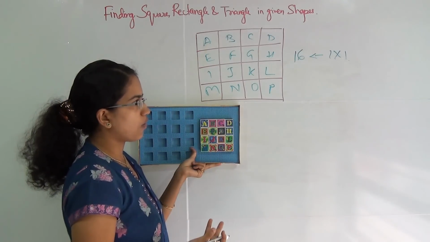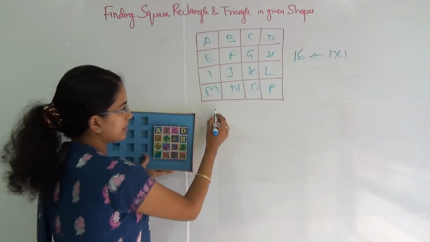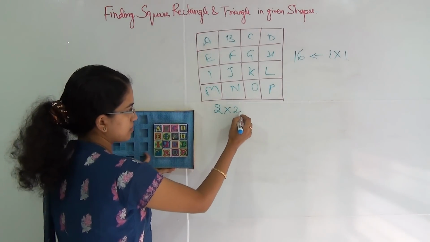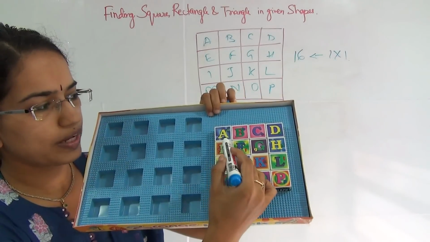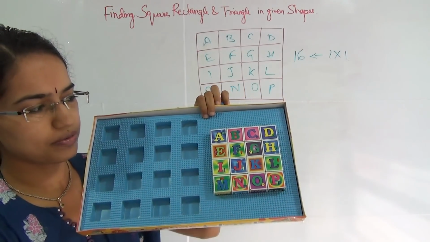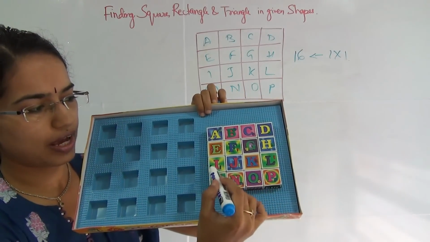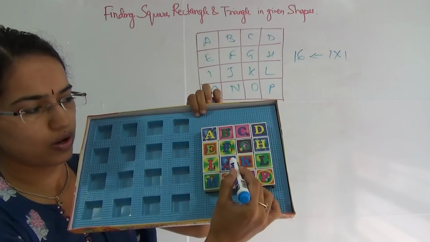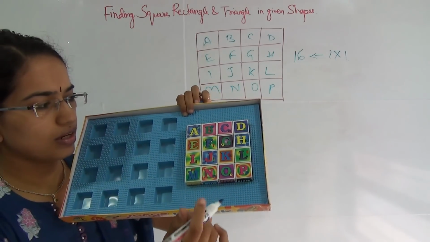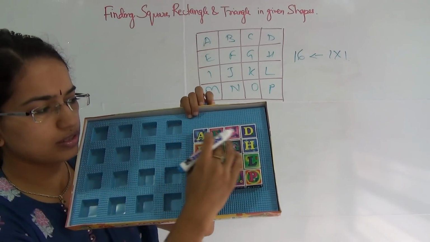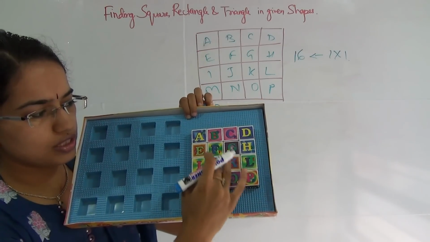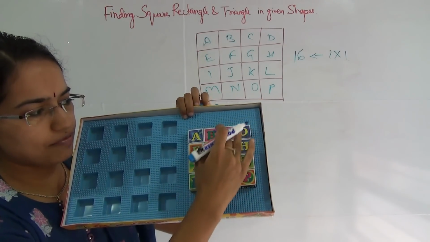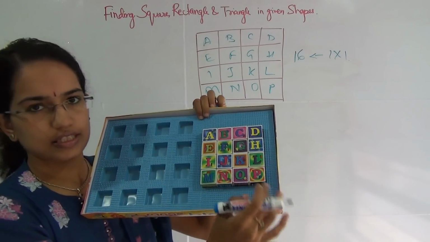Now I have to move on to a 2 by 2 matrix. Okay, so what if I do a 2 by 2? You will have A, B, E and F. Then you have E, F, I and J. So you have this block and this block. Okay, so you have these four and these four. Then you will have these four and the lower four, and finally the last section of the 4.